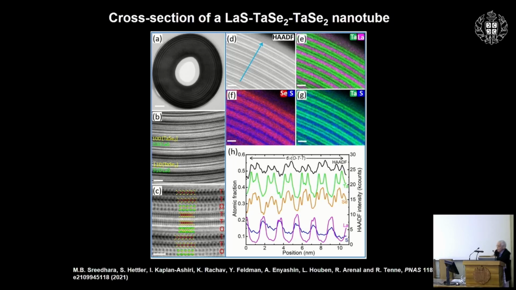So a recent work which was published with my student Sridhara, we simply replace sulfur by selenium. And you think that at this elevated temperature of 1,000 degrees, the sulfur and the selenium will distribute in the lanthanum sulfide, tantalum disulfide indifferently. I mean, they will spontaneously go randomly into different sites, and in fact this is not true. The sulfur binds only to tantalum, and the selenium binds only to